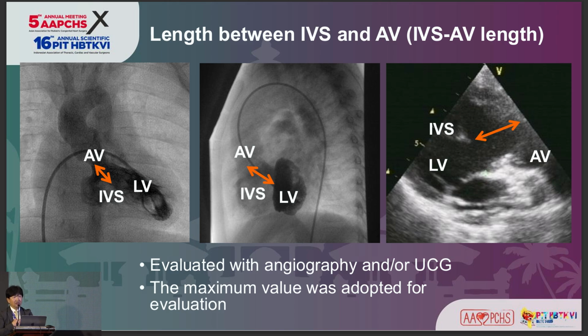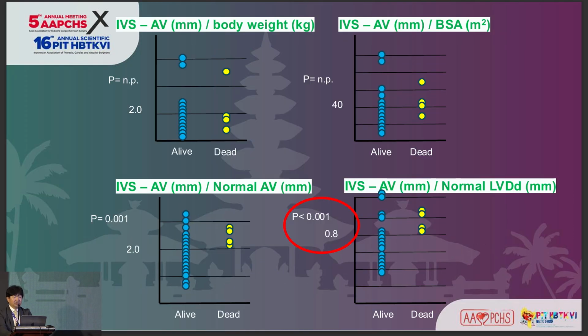Very good. Usually the good modalities there are very simple: angiography and also echocardiograms, measuring the length between the summit of the VSD, the IVS, to the aortic valve. So we calculate there, and also many factors. I checked the IVS to aortic valve length against body weight, and also BSA and the normal AV